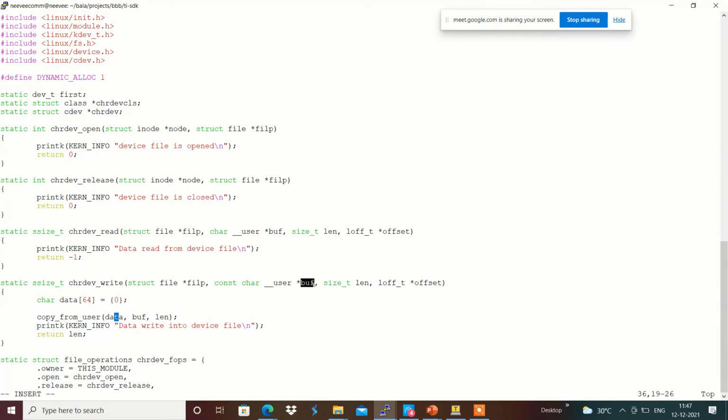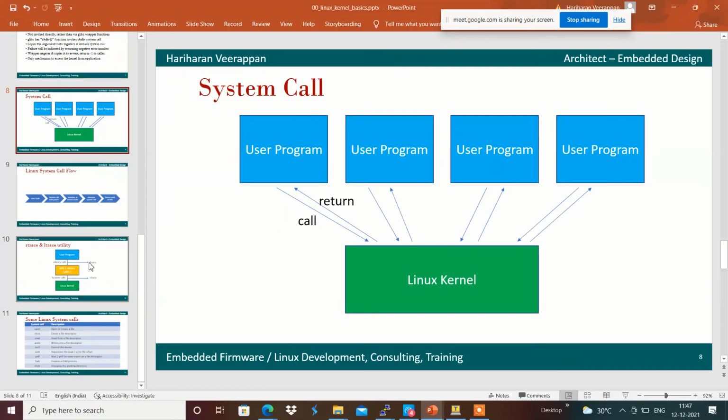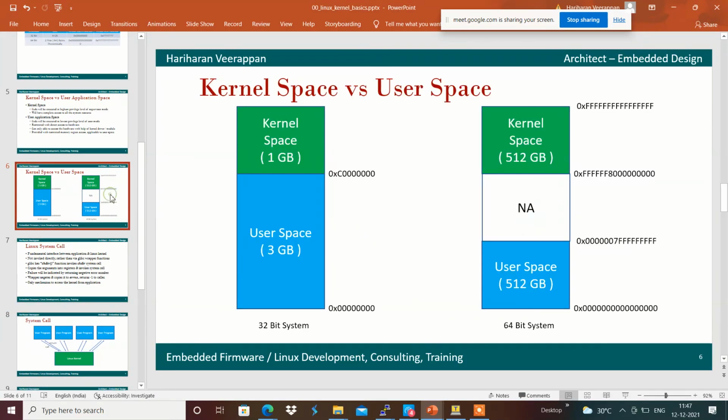We should not access it basically, because the kernel space is different and the user space is different. Whatever user space pointer is provided by the user application cannot be accessed in the kernel space. The same way, kernel space memory cannot be accessed from the user space application.